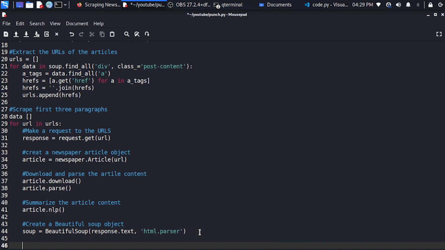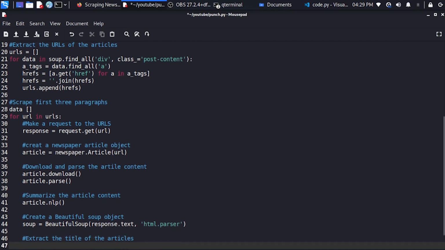So we'll call it: extract the title of the article. Okay, so from here we're going to use title_tag, just a variable name, equals soup.find. So let's go and find our title